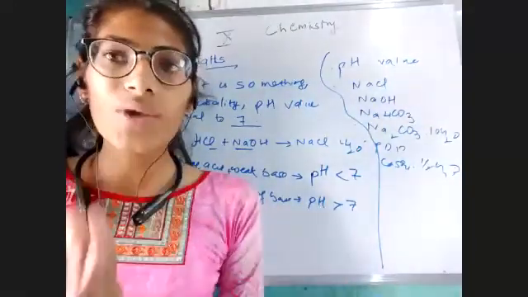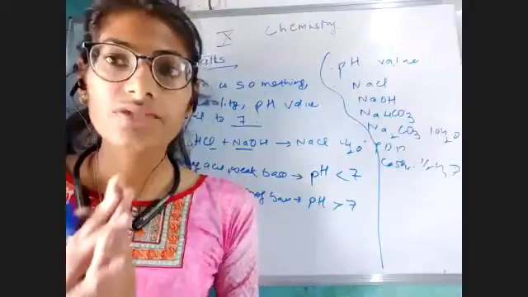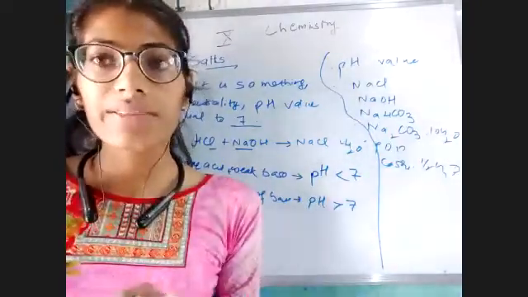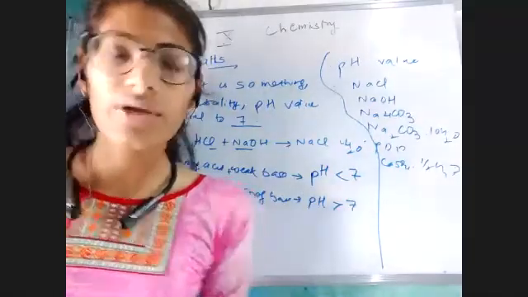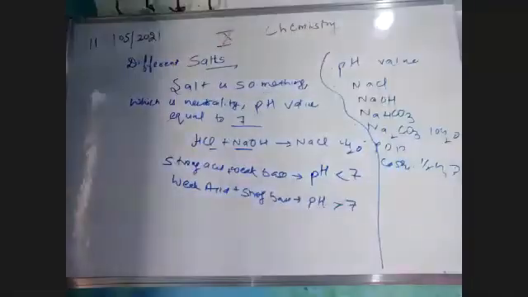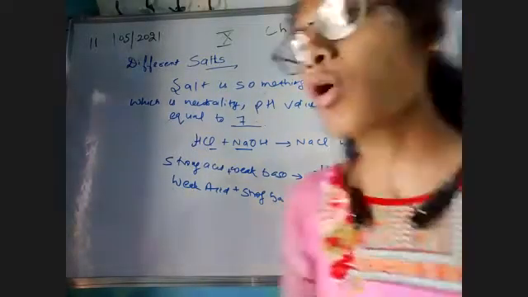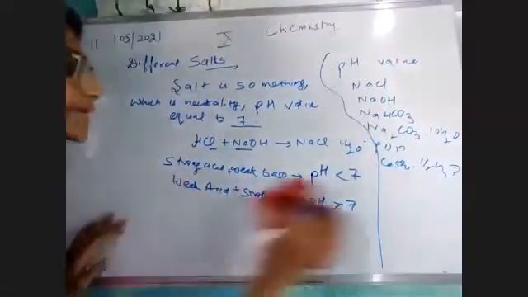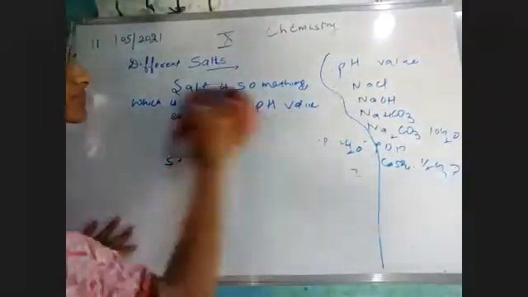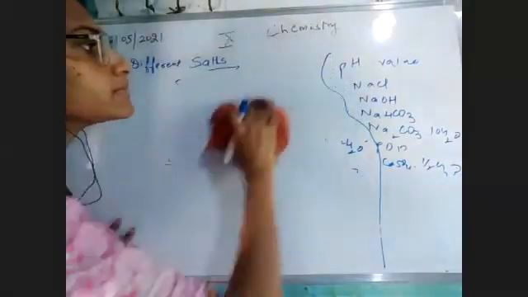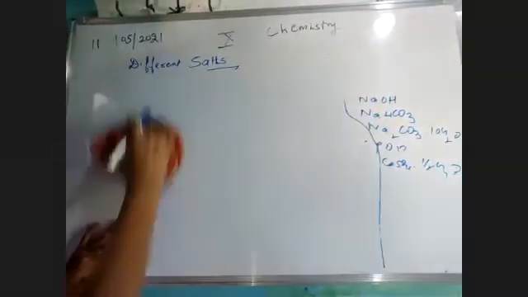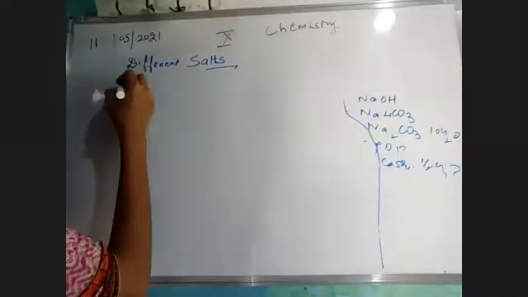Okay, now let's start with a very basic salt, the common salt which we use in our kitchen, on our tables, that is known as sodium chloride. Let's start with our common salt and how the common salt can be used to make different types of salts. We will see that. So let's begin. The first one is my common salt,